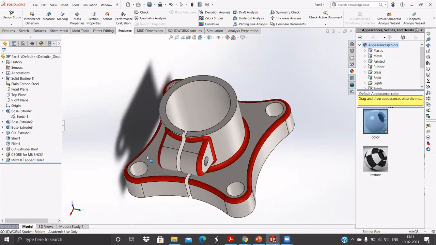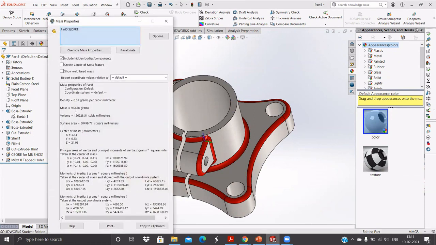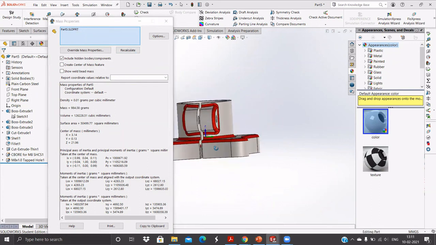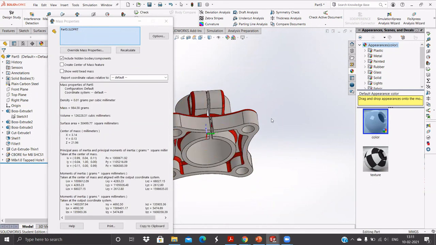The first part is completed and results in the mass by mass properties, and the answer comes from 84.5. Don't miss the second part for the theory from where you have to calculate